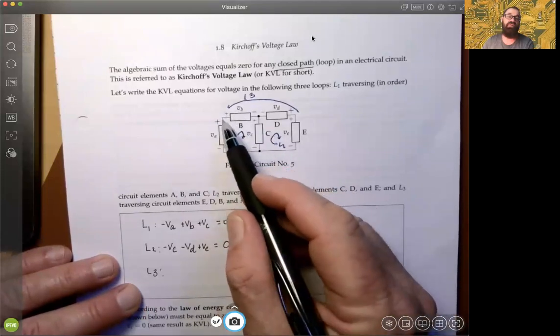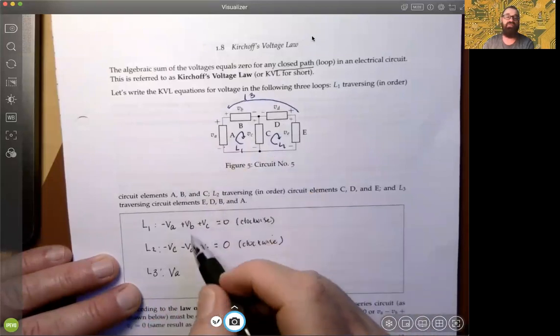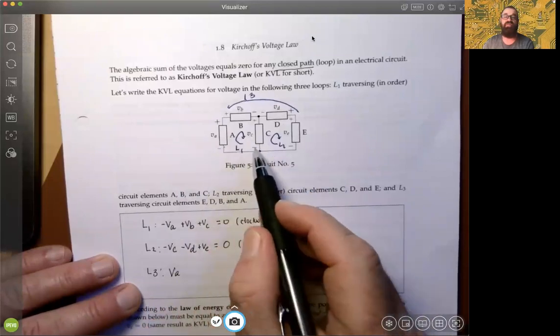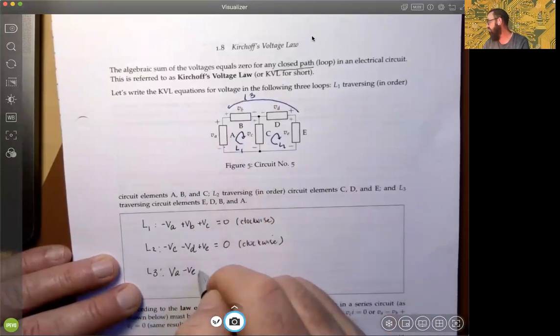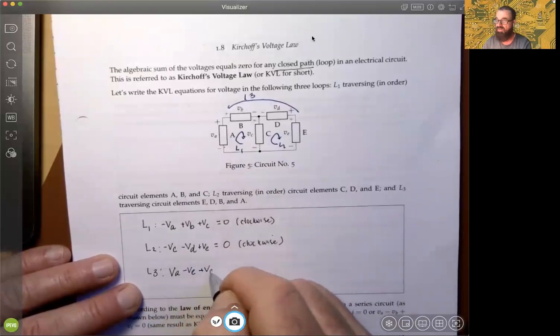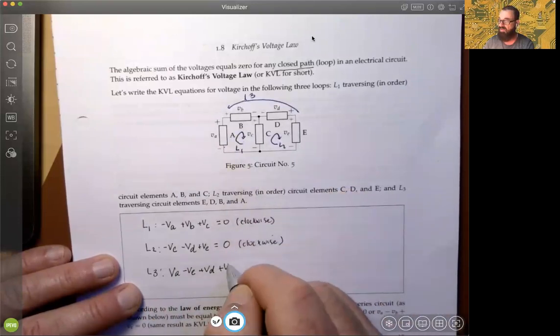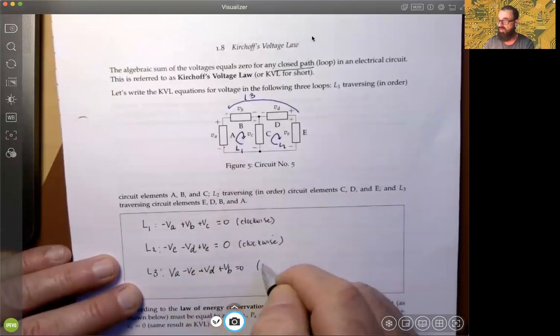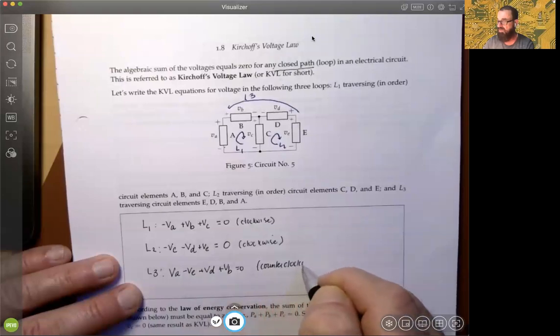If we're coming counterclockwise, we come into the positive pole for circuit element A, so the voltage representation is VA. Then we're coming around to the negative pole for E, minus VE, right? And then we're coming back into the positive pole for D, so that's VD. And then we come into the negative pole for B, so minus VB equals 0. Again, in a counterclockwise path,